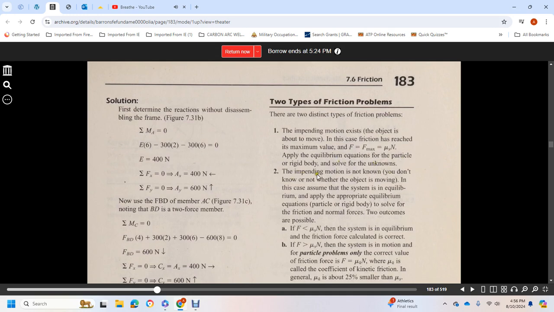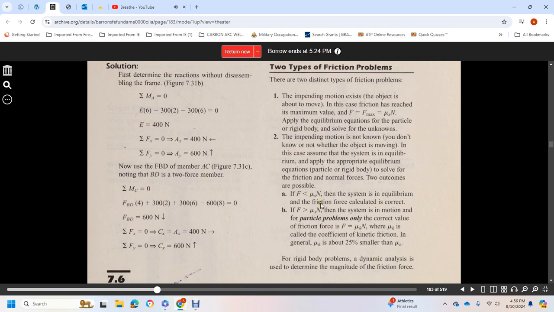Two, impending motion is not known, so you don't know whether or not the object is moving. You can assume that the system is in equilibrium, apply the appropriate equilibrium equations for the particle or rigid body, and solve for the friction and normal forces. Two outcomes are possible. If the friction force is less than or equal to the static coefficient times the normal force, the system is in equilibrium and the friction force calculated is correct. If the friction force is greater than the static coefficient times the normal force,